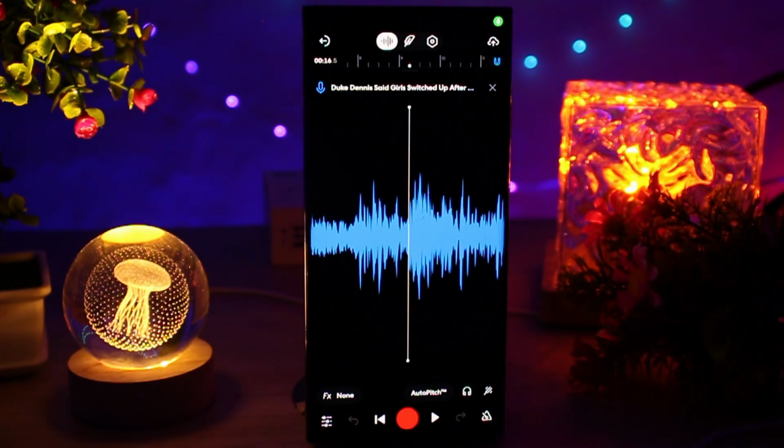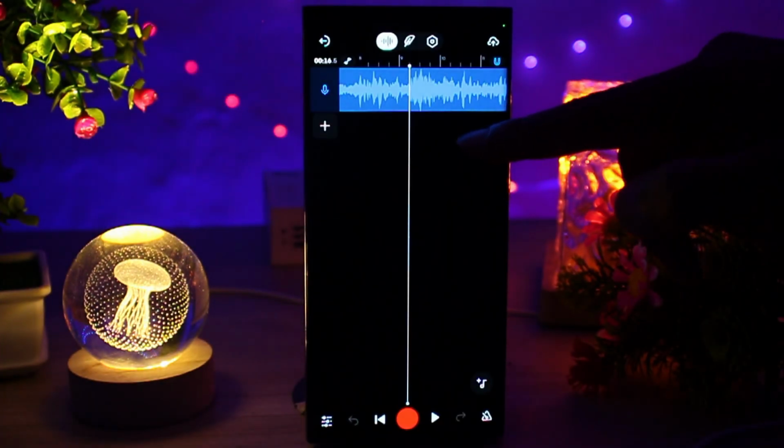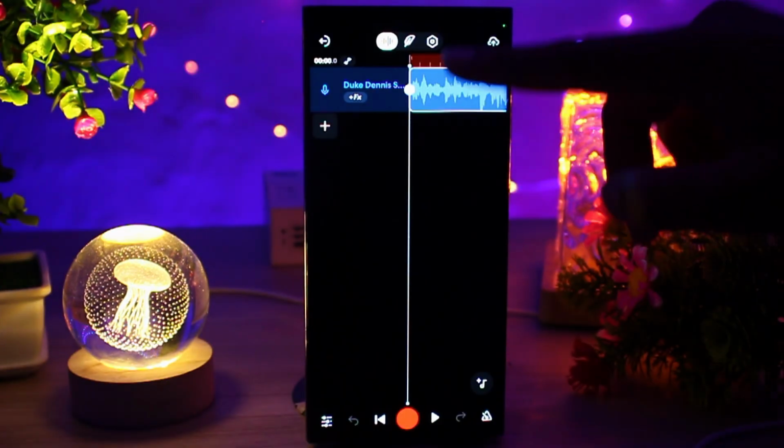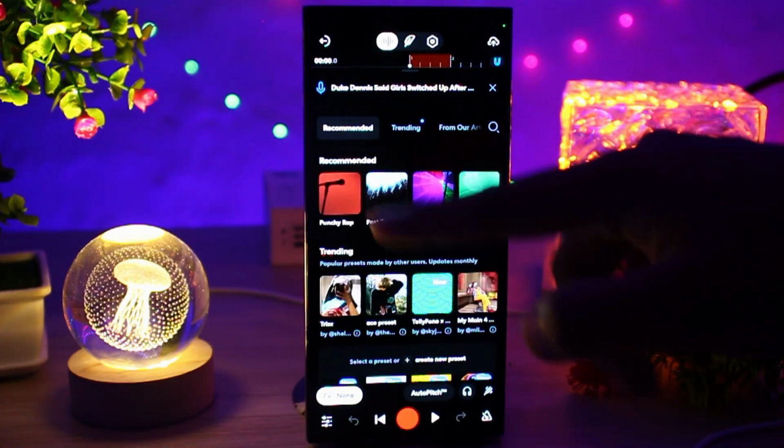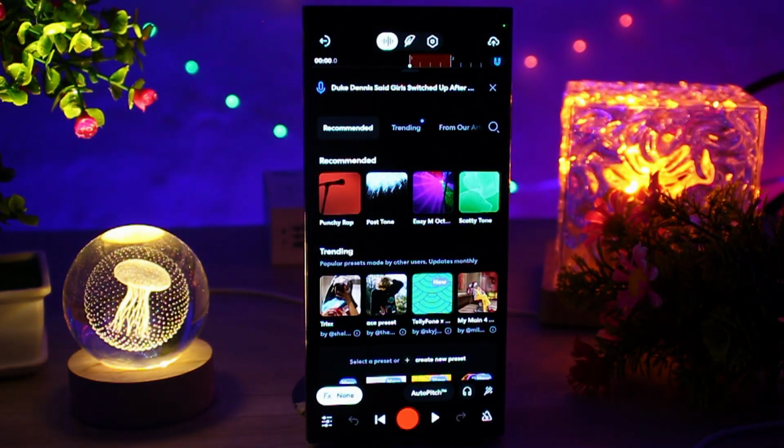Then open the BandLab application. Open your project, then tap your vocal track, then hit the effects. This is my project, as you can see. Now this is the track, click on that and you will see the effects button, click on effects. After clicking on the effects button,